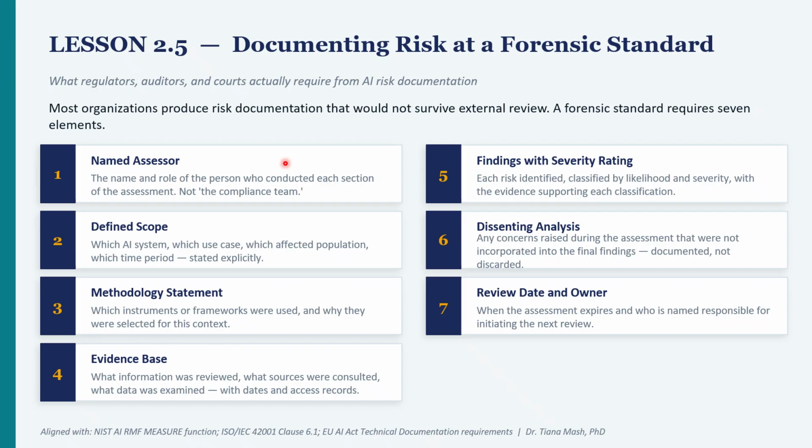What information was reviewed, what were your sources, who did you consult, what data was examined, where did the data come from, what population was the data representing, was it demographically fair, what were the dates and access records. This is equivalent to a forensic chain of custody. It establishes that your findings are grounded in actual evidence and not impression. And this documentation is verifiable information you can use to support decisions, justify controls, and demonstrate compliance and validity in system performance. Additionally, I think it transforms governance from assumption to demonstrated accountability, which is huge when you're dealing with AI governance.